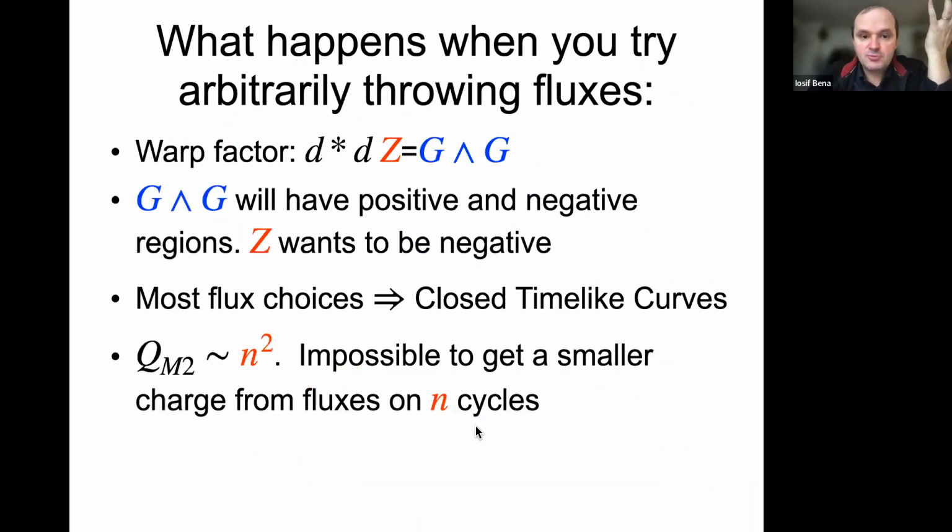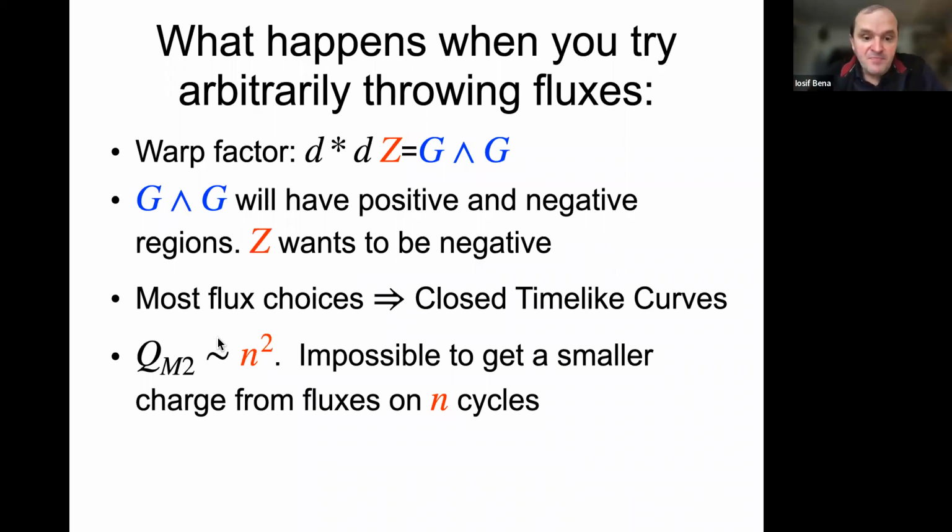You have a warp factor in the problem. The warp factor is called Z, which is sourced by G. Now, the integral of G is going to be of order 1. But this is happening generically. This will be a non-trivial function which will have both negative and positive regions. And when you put random fluxes, if you just throw some fluxes on the system, G will have a negative region, and therefore it will give you a negative source for the warp factor Z, and the function Z will want to be negative. And once you have a warp factor which is negative, you have closed timeline curves and imaginary metrics and the